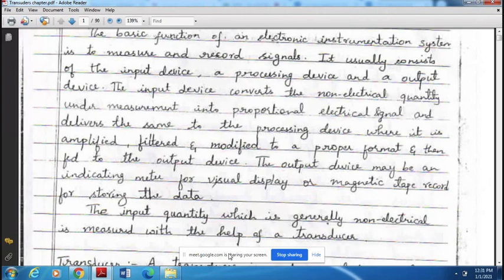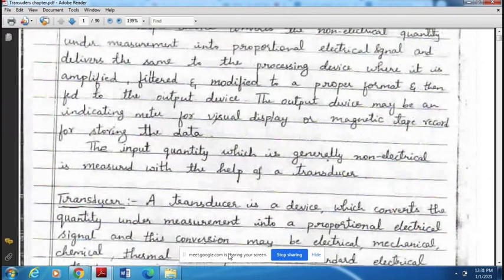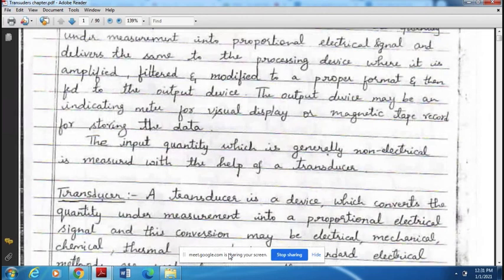So a transducer, as you all know now, is a device which converts the quantity under measurement, that is one form of energy to another form of energy, into its proportional electrical signal. So here we are going to study electrical transducers. Based upon different applications, we are going to classify these transducers based on different parameters. One might be based on its application, for which type of application these transducers are required. We might classify them based upon the method of energy conversion, which type of energy has to be converted. Based on that also, and what type of output signal is going to be produced.